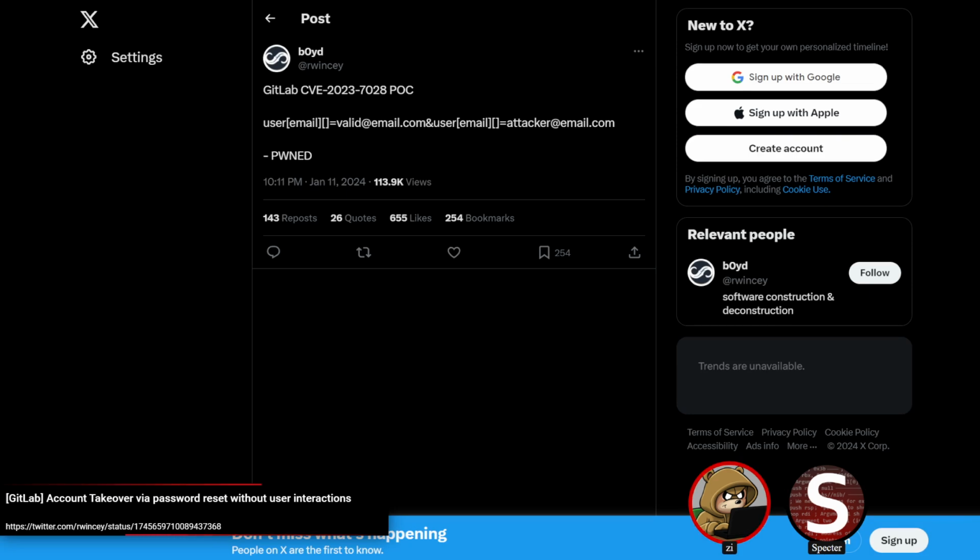And thus you get to the POC where, to the appropriate endpoint, you just send an array of your valid email and then the attacker email as the second one. And it'll send the password reset email to both, because it's expecting a string to be sent in, but it accepts an array being sent, which feels like a very classic PHP issue to me.